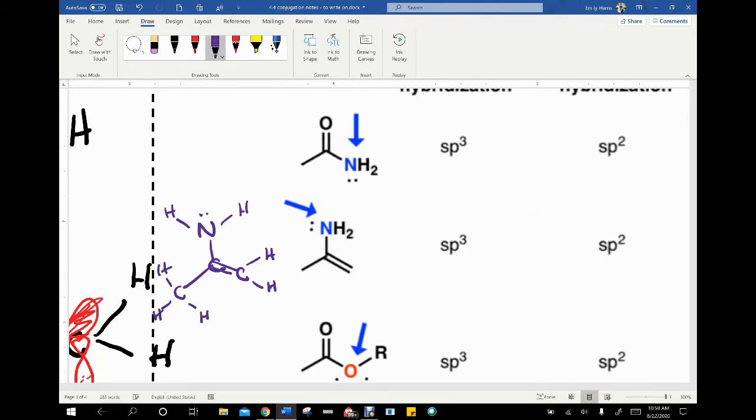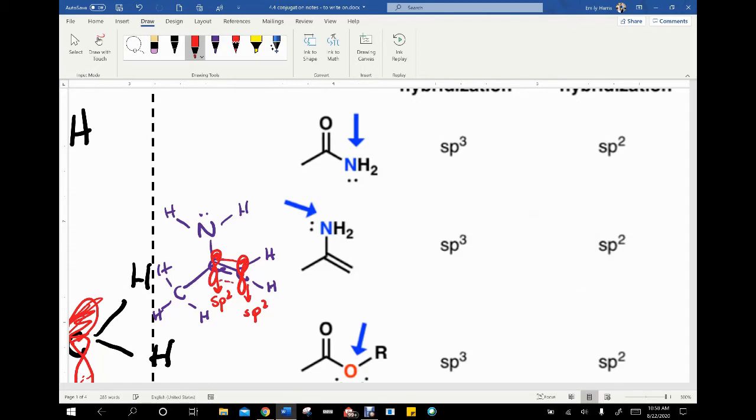Okay, so this carbon and this carbon are both going to be sp2 hybridized, being attached to that double bond. Let me see if I can write that more neatly. Sorry, colored pencil didn't work well. So these are both sp2 hybridized, which means they would both have an unhybridized p orbital, being able to participate